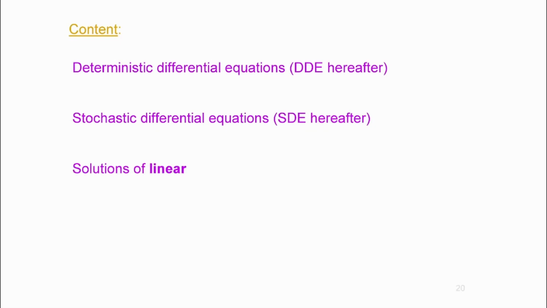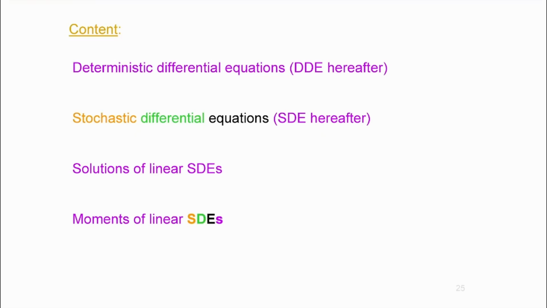Then of course, I'm going to show you how to solve them. So it's not about the differential equations, it's about solving them, both the deterministic ones as well as the stochastic ones. But to understand the solution of the stochastic ones, you need to understand the deterministic ones, which is not difficult. And then you're going to see the moments, both the first and the second moment. Using those two, you can put together the variance of the processes. So this is the way that you would address it.